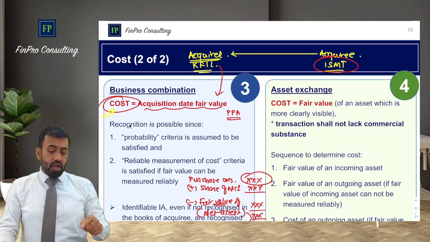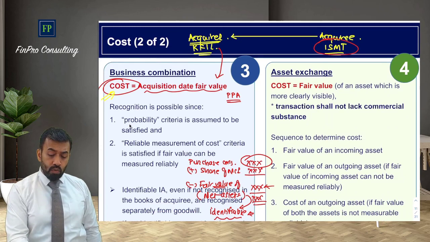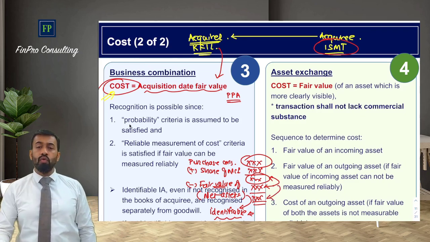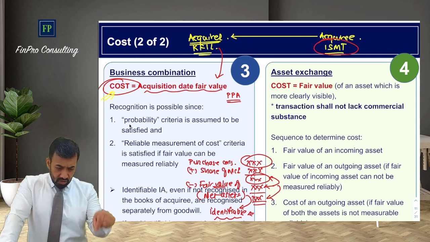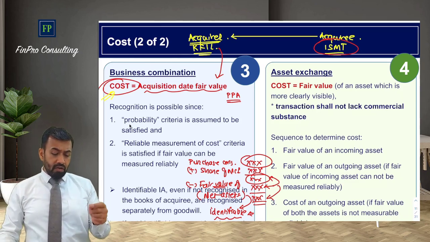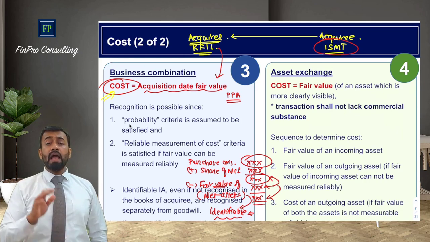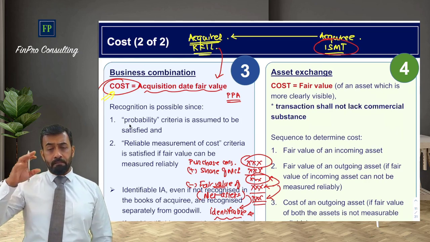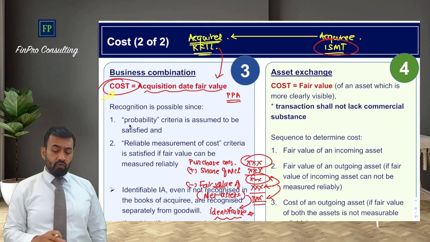In such a case, you will identify that intangible asset separately from goodwill, and the difference between this amount and this amount is recognized either as goodwill or a capital reserve, as the case may be. So the point for this discussion is, you will have to calculate identifiable assets separately from goodwill, and the assets which are not eligible to be recognized separately from goodwill are subsumed as a part of goodwill.